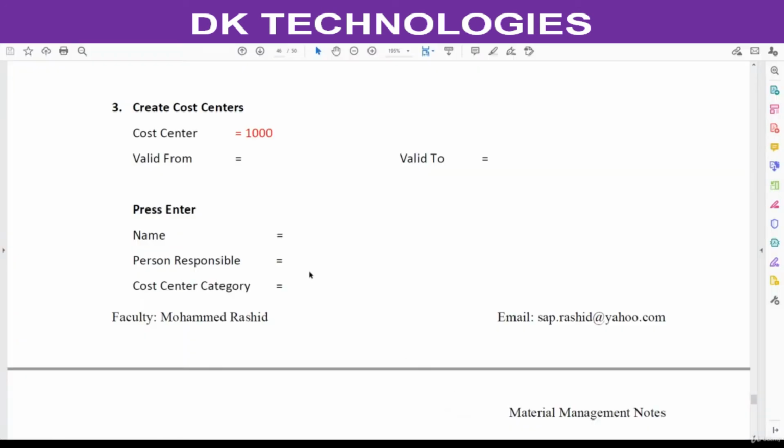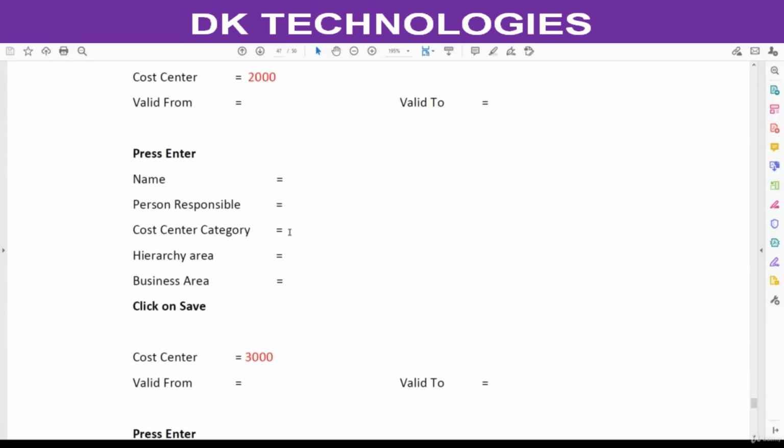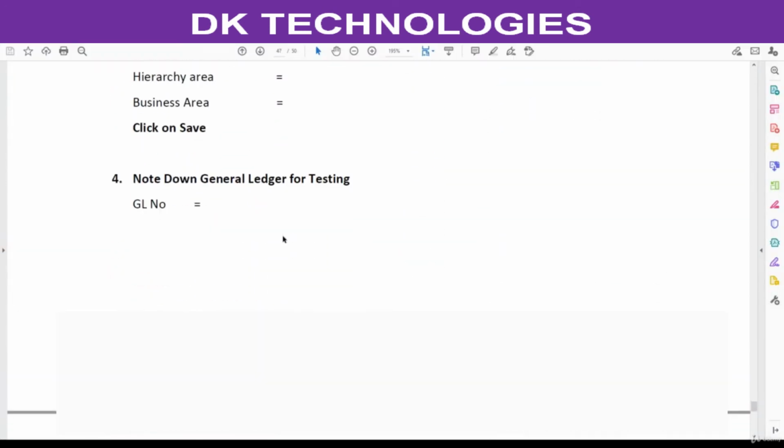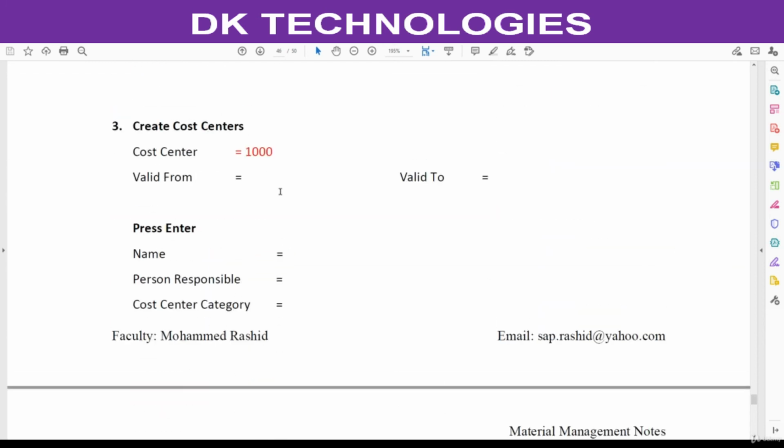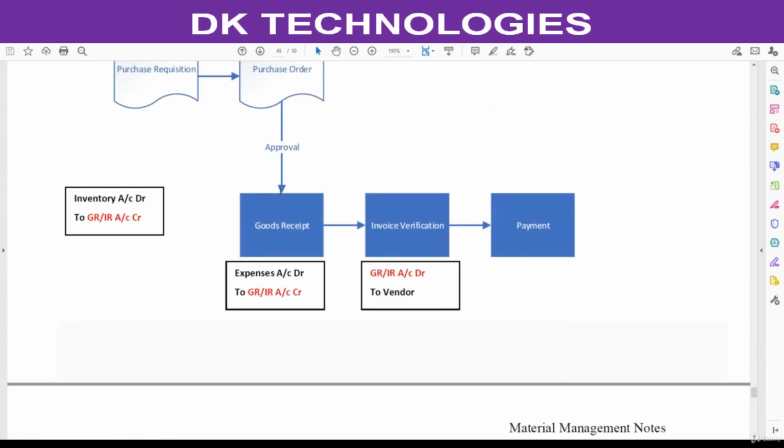Now next step, here I mentioned the steps. Note down a general ledger account for testing. We need a general ledger account because as soon as we receive these goods from the vendor, we are consuming them. So at the time of creating the purchase order itself, you have to mention what is the general ledger for this consumption.